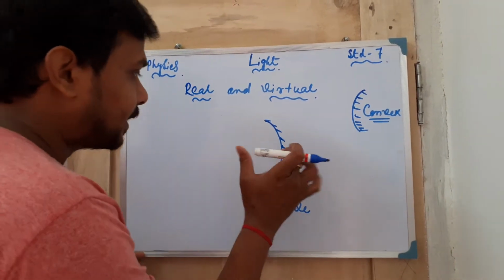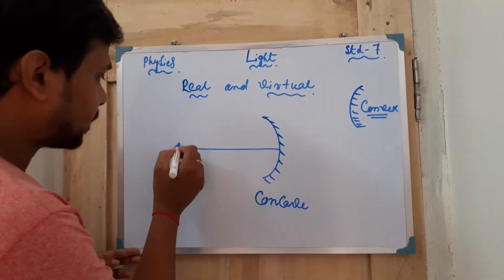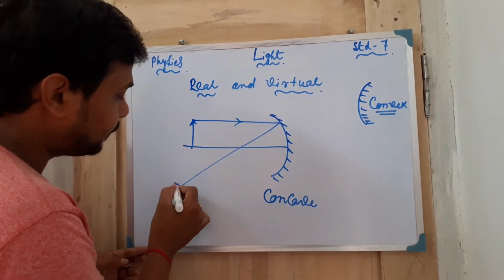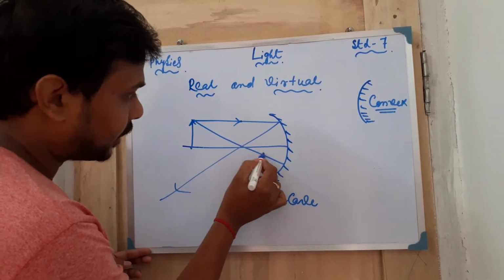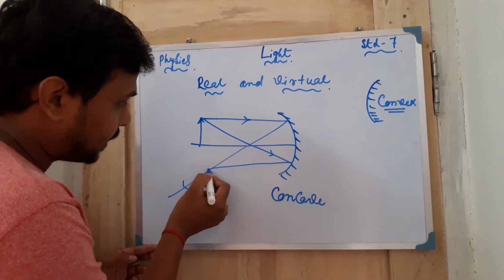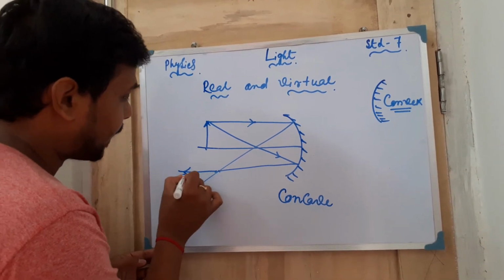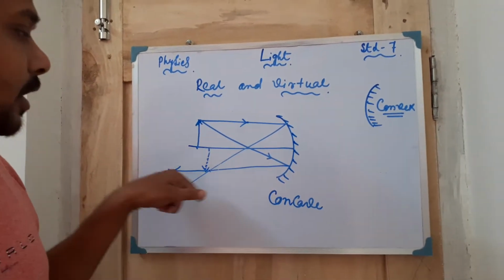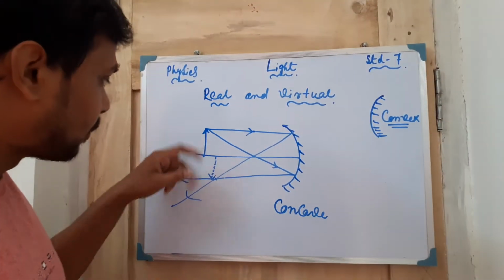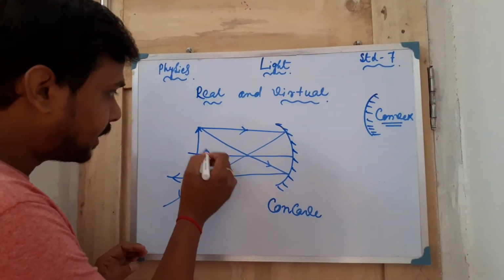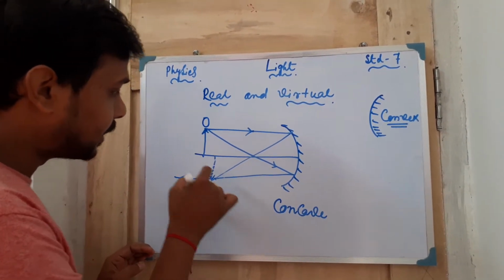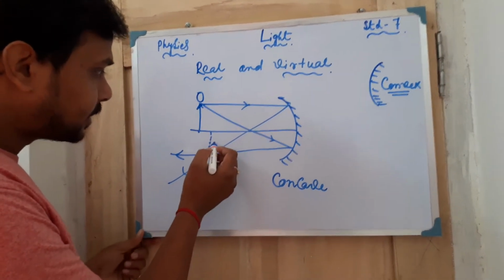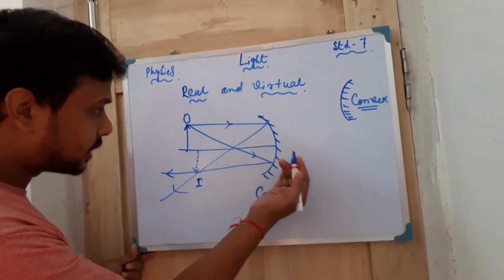Okay, so in this case, suppose an image is forming here and a ray is going in this way, another ray is coming here and another ray is going in this way, and they are meeting at a point here. They are producing the image here, an inverted image, the opposite type. So in this case you can easily see this is the object and this is the image. In this particular case you can see that the image is formed not behind the mirror, but in front of the mirror.